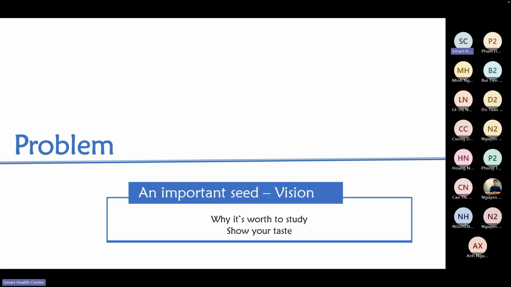But you cannot write on nothing, right? You have to have something to write. So that's a very important seed, the vision of the problem, right? So what problem do you want to solve? I talked a little bit about this when we had the technical problem here, so I already mentioned it. The whole thing is the problem you study, and why.